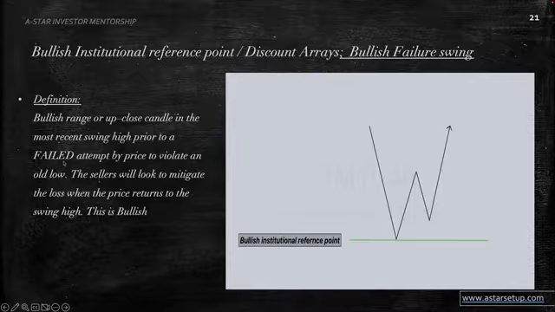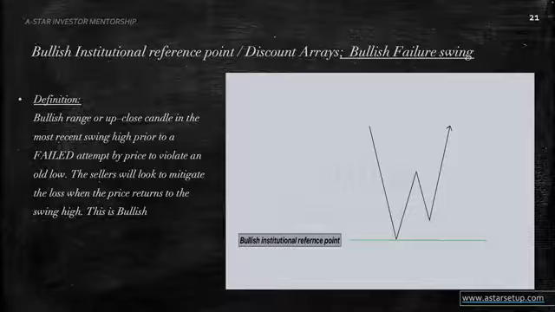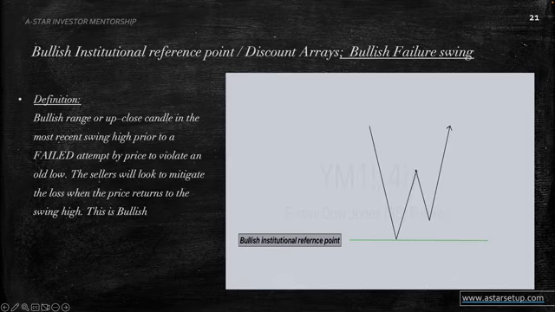Prior to a failed attempt. So the failed attempt is this downswing here. So sellers try to sell the market lower, but they can't send price any lower before buyers rekindle more long positions into the market and send prices higher. So the idea is that if price should return back to this swing high that was formed here, this failure swing formed here,